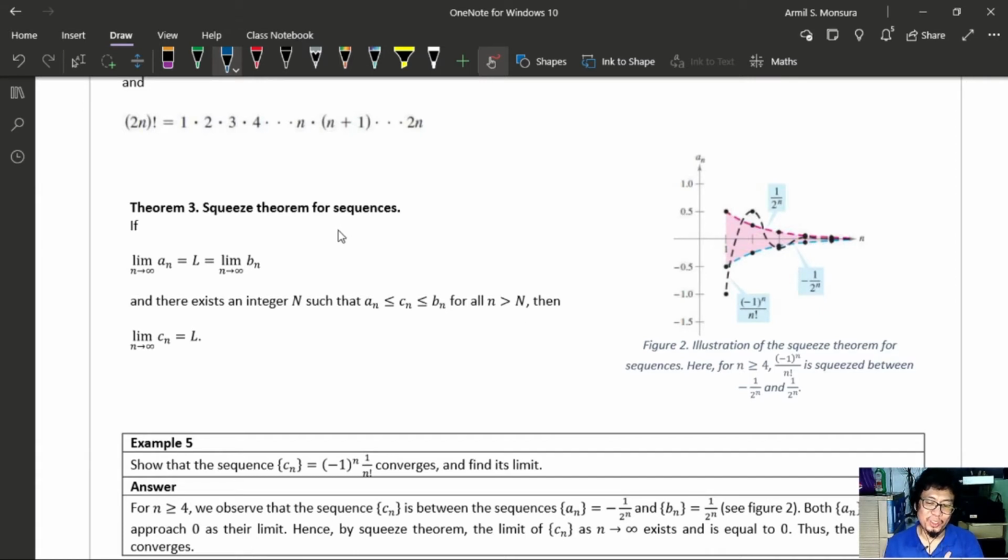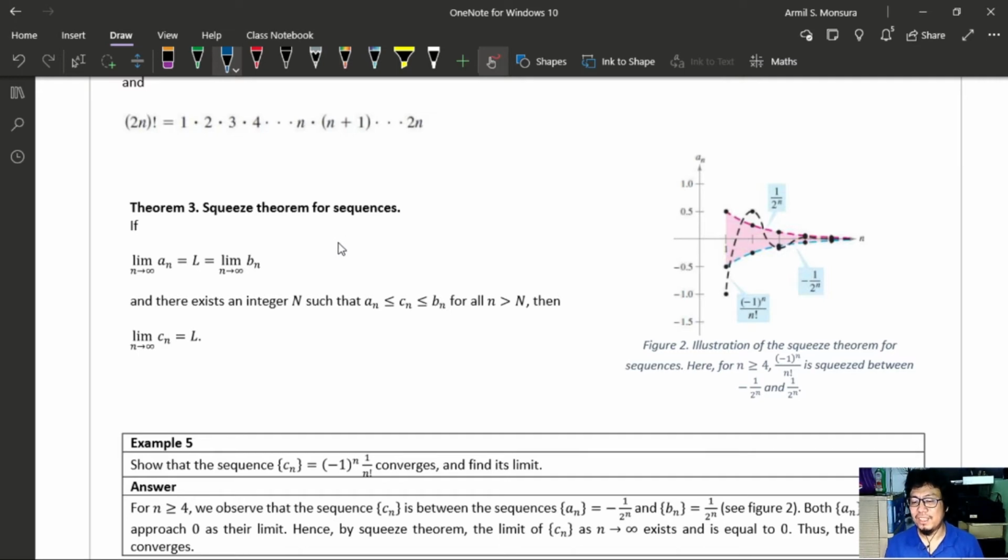Squeeze theorem for sequences is consistent with the squeeze theorem for limits. If you can remember that you can evaluate limits using squeeze theorem, you can also evaluate the limits of your sequences using the squeeze theorem. And basically,